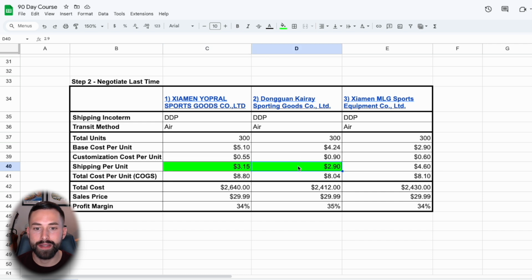And the second supplier did the same thing, but I think they came down from $3.10 per unit to $2.90, which really helped our profit margin come up to 35%. The third supplier said that was their best offer and they weren't willing to come down more unless we were willing to purchase more units or change the transit method or Incoterms, which I wasn't willing to do. So at this point, check out your profit margin, and this should give you a good idea financially which is